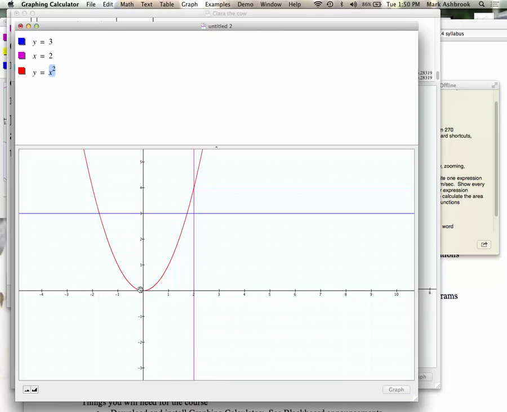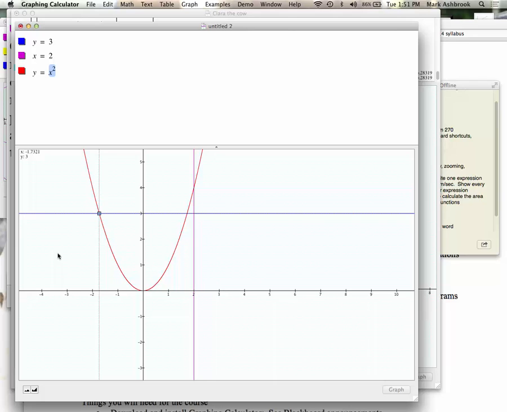All right, so once you have the graph, you can click on a graph, and it gives you crosshairs, and then gives you whatever ordered pair you're at here in the upper left. And then you can click on the crosshairs and drag them, and it gives you the current ordered pair of that point on the graph. Now, notice what happens when you reach an intersection point. It will lock on and give you a little knock, if you've got your sound on. And when you hear that knock and it locks, then you've got the coordinates of the intersection.